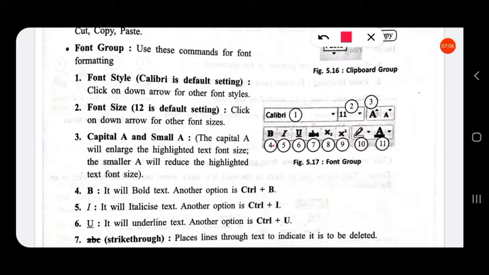Then fourth one, this is for bold, this is for italics, this is for underline. There are shortcut keys also for that. They are Ctrl plus B for bold, Ctrl plus I for italics and Ctrl plus U for underline. Then if you want to strike through a particular text, then there is strike through. The seventh one is strike through, that is places lines through text to indicate it is to be deleted.